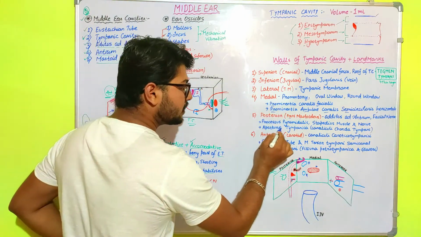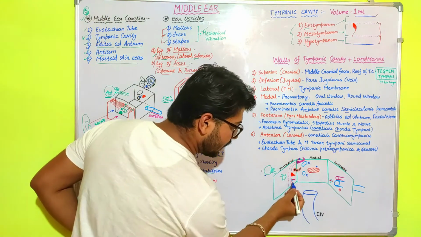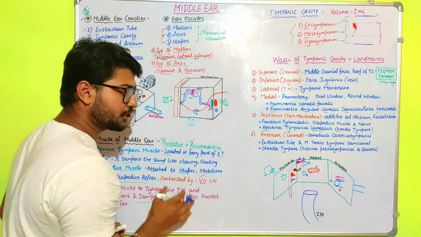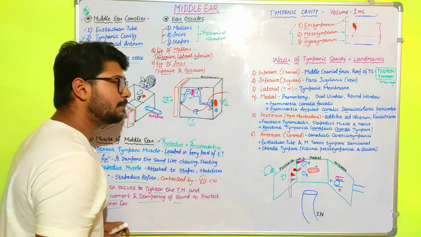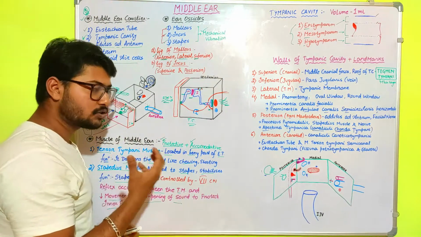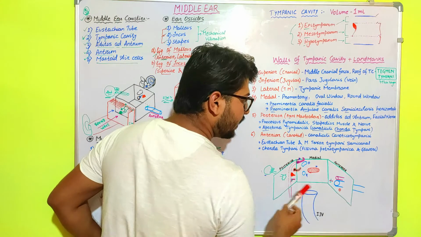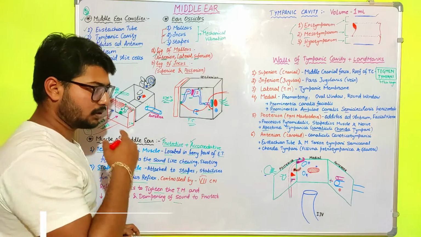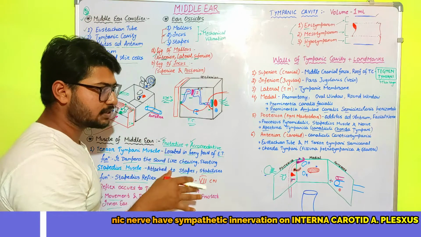And the apertura tympanica, which means the canaliculus for the chorda tympani. This is the canaliculus, or apertura tympani, that is present on the posterior surface, and it carries the chorda tympani. As we know, the chorda tympani is a mixed nerve and it contains mostly parasympathetic and sensory innervation. Then the anterior or carotid part. The anterior wall contains the canaliculi caroticotympani. The caroticotympani carries the caroticotympanic nerves that innervate, having motor sensation.